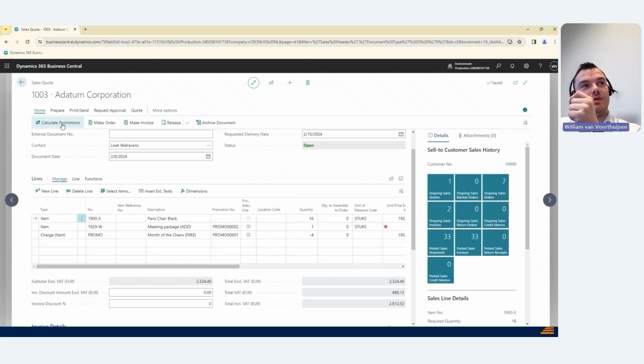In this demo, every time I clicked on calculate promotions, but you're also able to configure it that it should be done automatically as you click on release. But for the sake of this demo, so that I don't need to release and reopen every time, I toggled that setting off. But you can choose for the button to manually calculate the promotions or automatically as soon as you're releasing the document. So that's a live demo about how promotions could work as soon as you enable that in your Empower